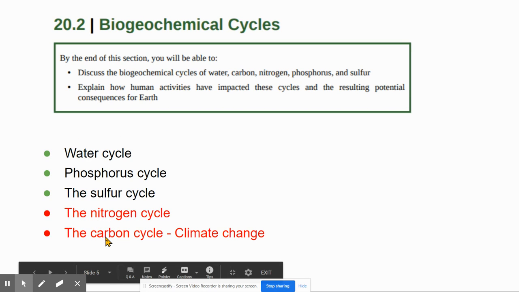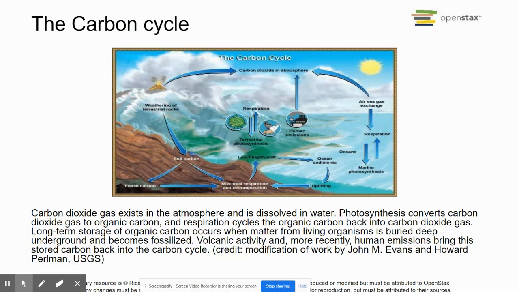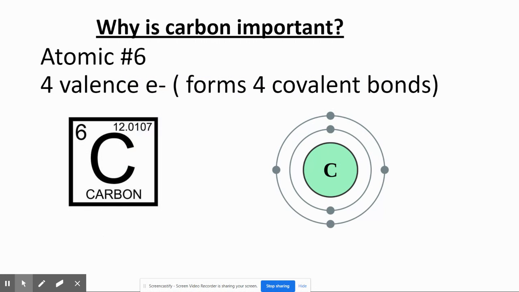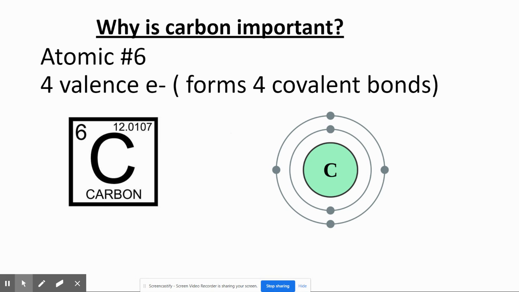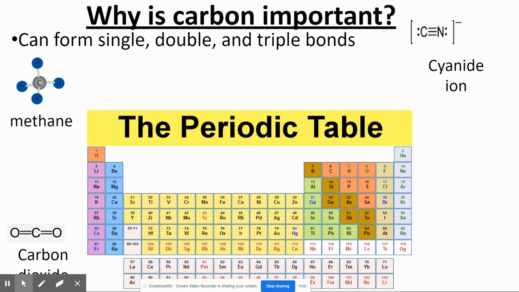I went over the nitrogen cycle, but we're going to do the carbon cycle today, and we're going to link that to climate change. So this is the carbon cycle that the book gives you. So why is carbon important? It has an atomic number of 6, which means it has 4 valence electrons, right? So it has 2 in its innermost shell and then 4 in its outermost shell, but it really wants 8 in its outermost shell. So it wants to actually have 4 more electrons, and it's going to do that by